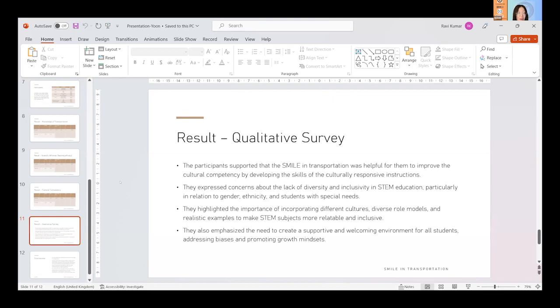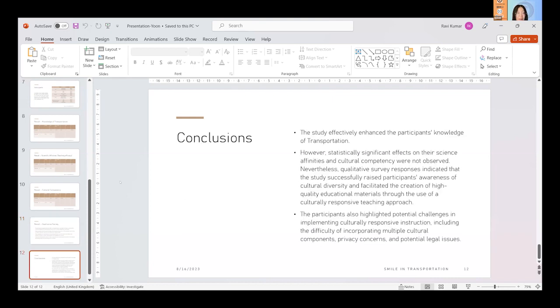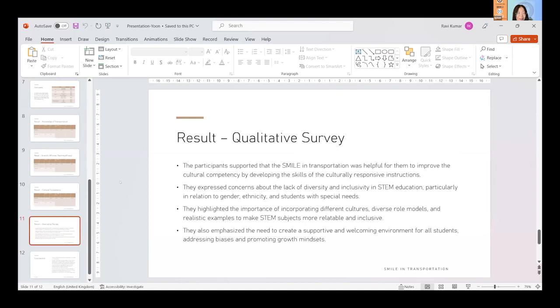The participants also highlighted the importance of incorporating different cultures, diverse role models, and realistic examples to make STEM subjects more relatable,